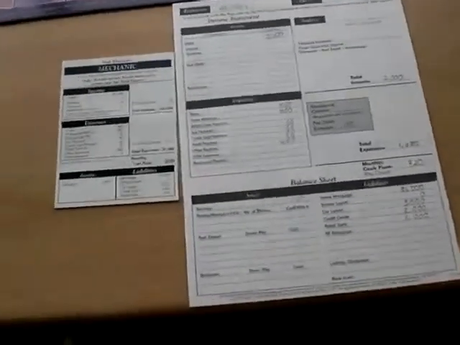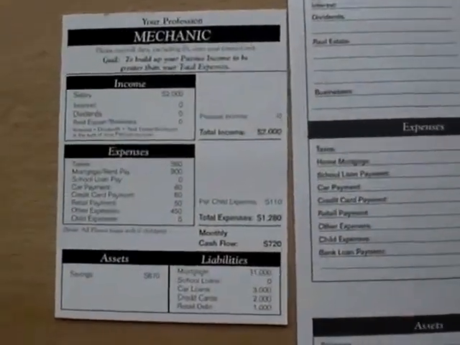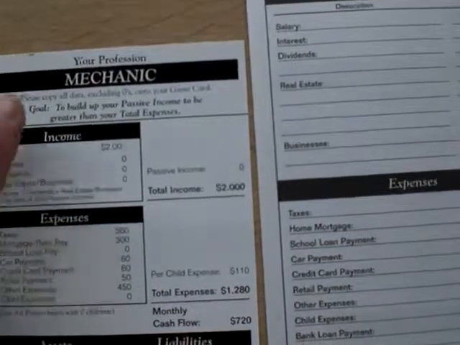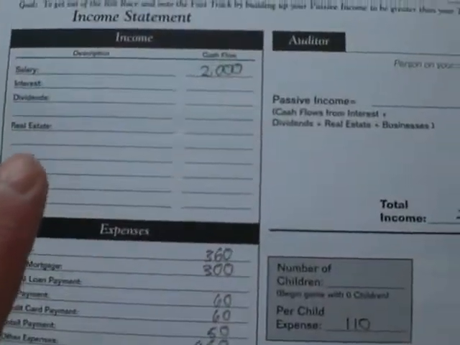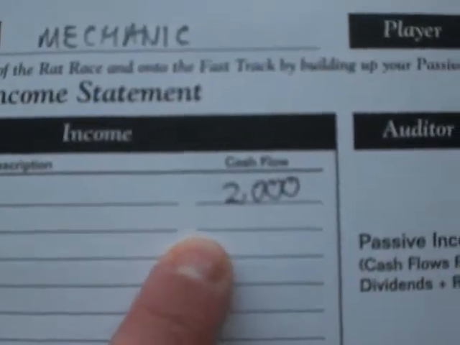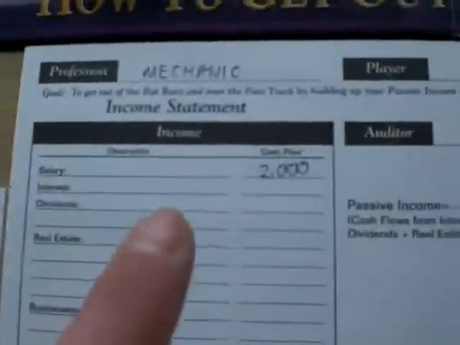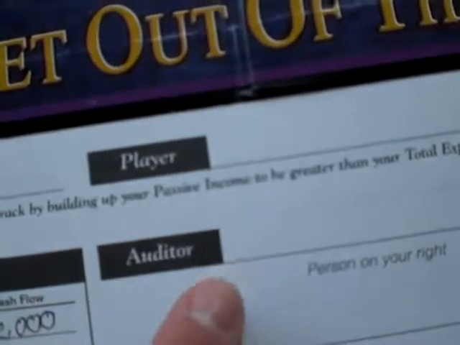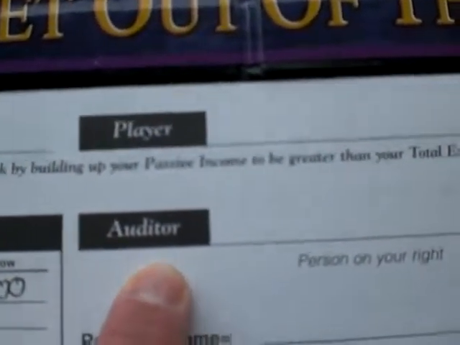So here we are, back to the paperwork. What I've done is I've transferred all of the information from our mechanics, all the information from their financial life onto our own sheet. So I've written in 2,000 in pencil as their total salary, and I've written at the top mechanic, and then I'd write my name there, and the person who's sitting beside me is my auditor, player